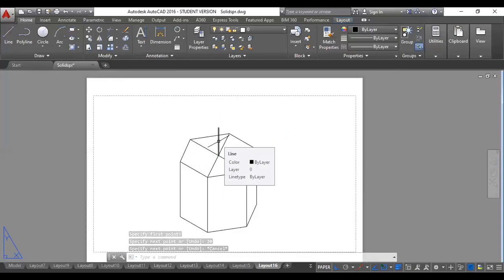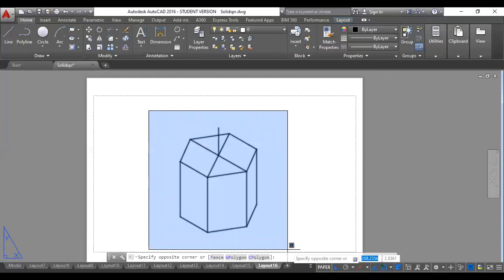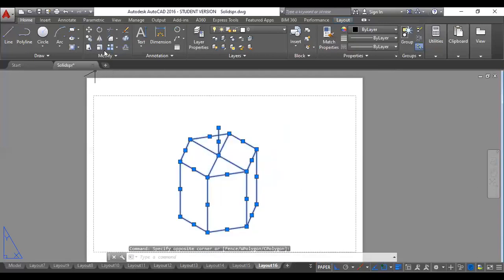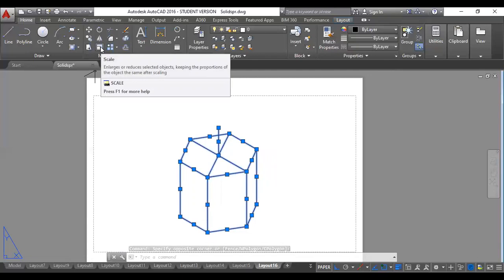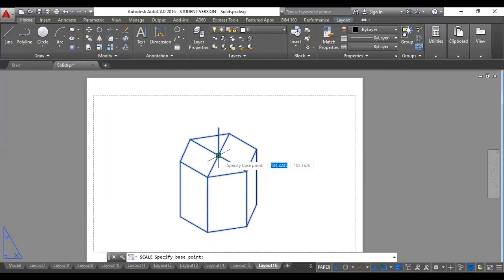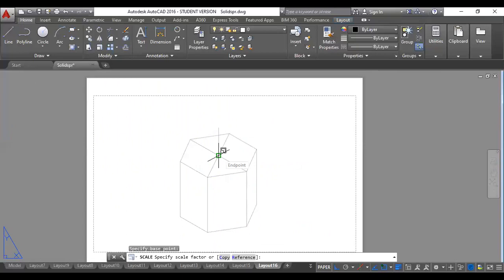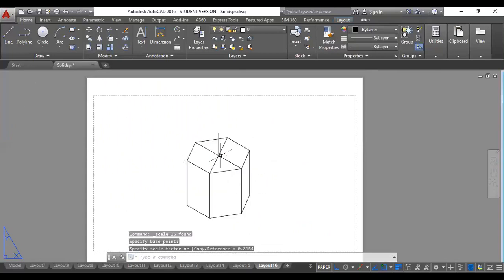Now as I told you, the sphere is not going to change its isometric length. So before you draw the sphere, you have to make sure that this entire drawing is reduced to isoscale. You are not going to reduce the sphere scale. So only this drawing you have to select and reduce it to isoscale. I'll select the entire drawing, then click on the scale command. I'll select center base and give 0.8164 scale factor, enter. So now it has reduced to isoscale.